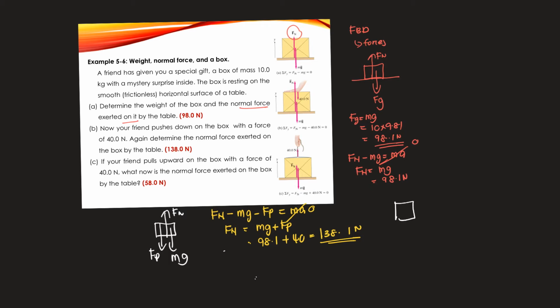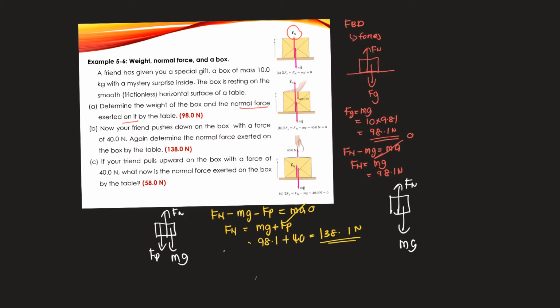First thing first, draw the FBD: Fn upward, mg always downward, and now your friend pulls upward. So this is going to be Fp. If your friend holds a cord or rope, then you put Ft, tension force. So now the equation is going to be